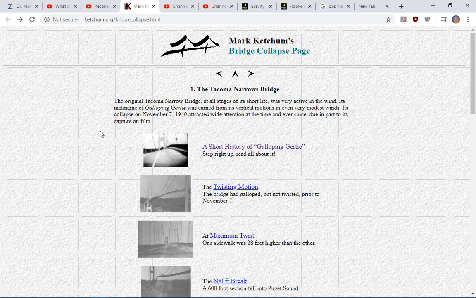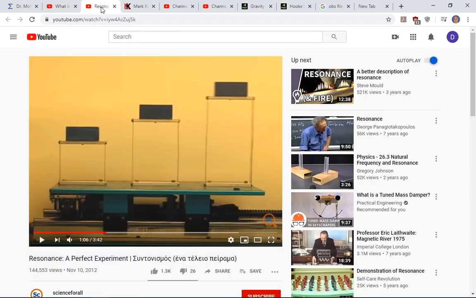So the structures we build, we typically do not want them to oscillate widely in the environment that they are supposed to exist. Once your car goes over a bump, you don't want to feel a lot of vibrations. You want to have good shocks. If you have big buildings, you don't want them to start to vibrate every time the wind is blowing. So one of the topics you are going to study later on is the topic of resonance.